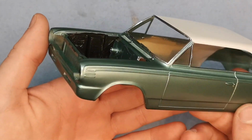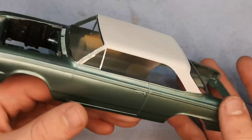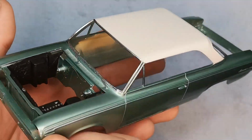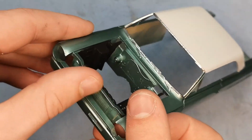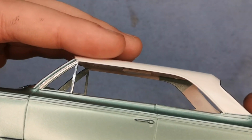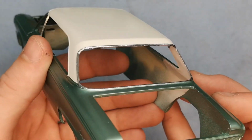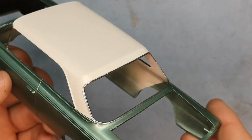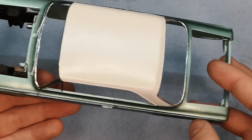I believe the last video was in primer or taped on the roof. I can't quite remember, but I've so far done the engine bay area, chromed it, painted it black. Oh, I didn't do the front of the radiator, but I'll do that soon. Just gotta get this extra black off here. But I did the chrome with the Fly Sea chrome pens on the front and the back of the window area. And that is because when I was polishing the glass out, because remember it was like super foggy and terrible,